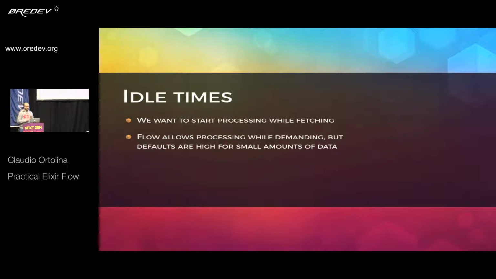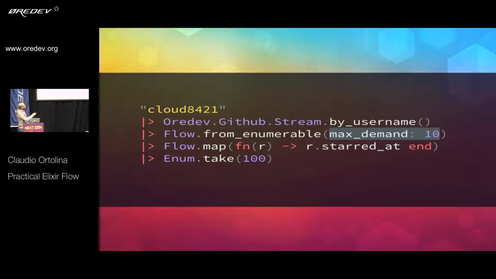In our case, that means that we're going to have to make this change to the code. And we're going to talk about regulating demand. But just by allowing this change, if you test the code base with and without this, you're going to see pretty much a day and night difference, where without this param, it would basically have a behavior that would be pretty much sequential. But with this param included, it starts optimizing idle times.